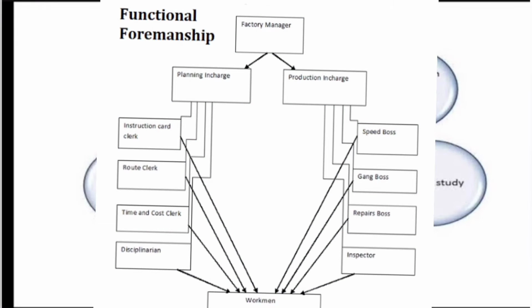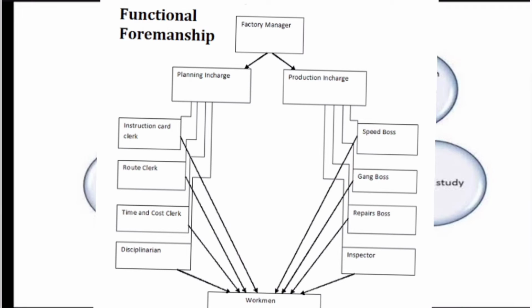So now, in functional foremanship, which is completely separated into two, planning in charge and production in charge. In the planning in charge, we have the instruction clerk who gives instruction, the route clerk who clears the route of the production. Third is the time and cost clerk who always looks over the time and cost of the employee, and the disciplinarian